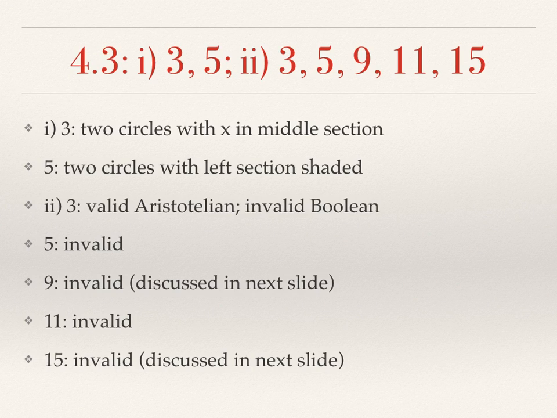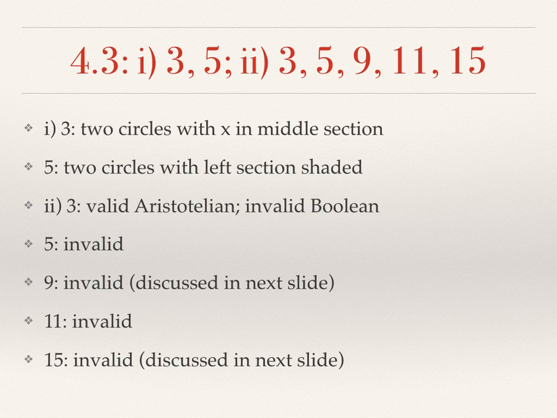4.3. In this section we're to draw Venn diagrams for the various statements here, and then answer the various questions. So draw Venn diagrams for the following propositions. So number 3, some political campaigns are mere attempts to discredit opponents. So we'd have the subject political campaigns on the left, and the predicate mere attempts to discredit opponents would be the predicate circle on the right. Some political campaigns are mere attempts to discredit opponents, so you would have an X in the overlap between the two circles in the middle section.